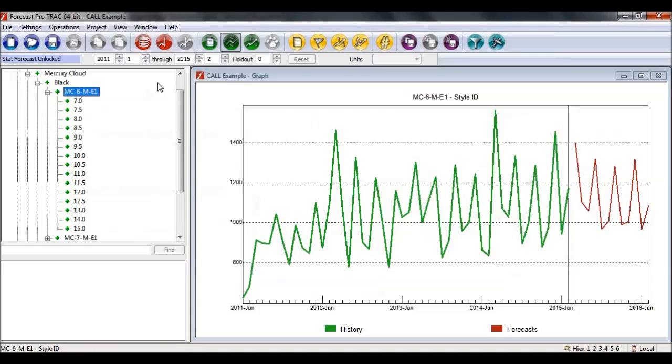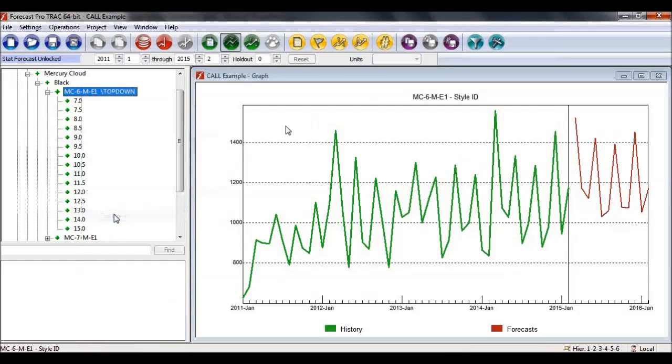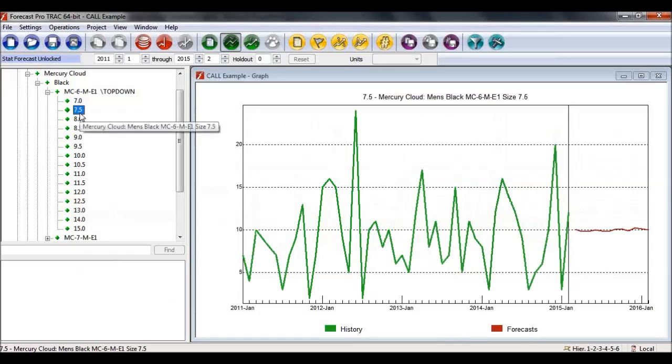We could come in and we can actually set this as a top-down. We can say let's forecast at the group level where we have high consistent volume, complete history. We'll generate this forecast and proportionally push it down to the items underneath it. So to do that, we would simply right-click on the item and choose our top-down option. You'll see the forecast changes, and now these flat line forecasts are no longer flat because we're proportionally distributing the